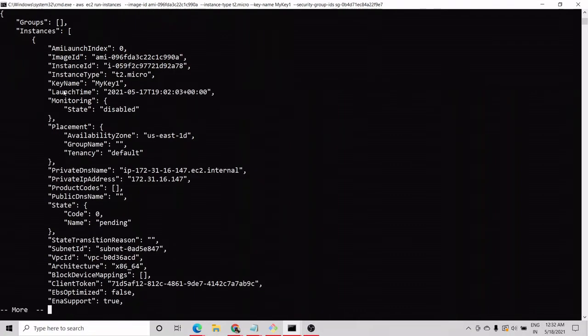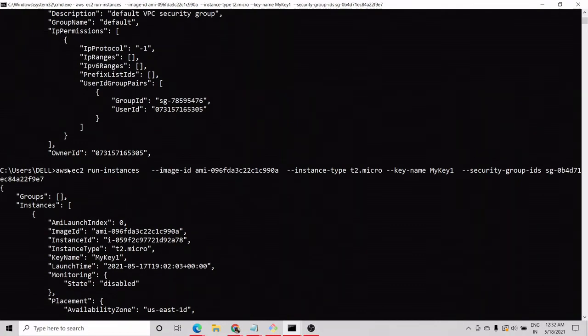This command requires AWS EC2, because we are launching an EC2 instance, and run-instances is the command to launch an instance. Image ID is a compulsory option, we have to provide an image ID.